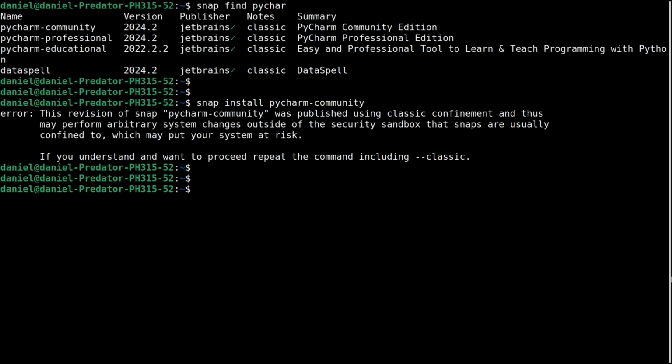And it has the same advice that we gotta ignore and use the classic attribute here. This advice basically tells that this revision of Snap PyCharm community was published using classic confinement and thus may perform arbitrary system changes outside of security sandbox that snaps are usually confined to, which may put your system at risk. But you don't have to worry with that, and you can simply use the classic attribute here for installing it as we did for Visual Studio Code. So snap install pycharm-community --classic,